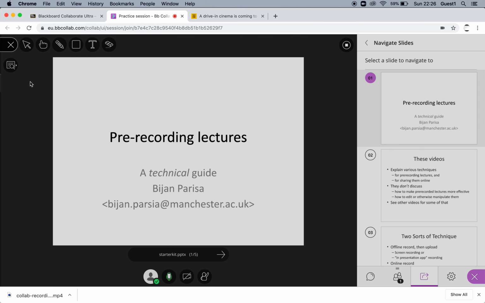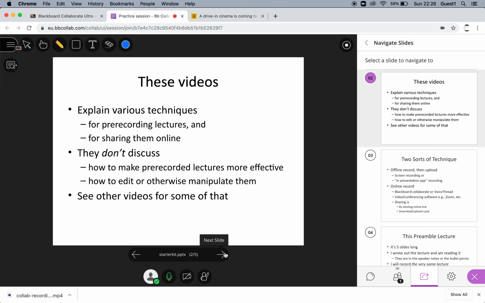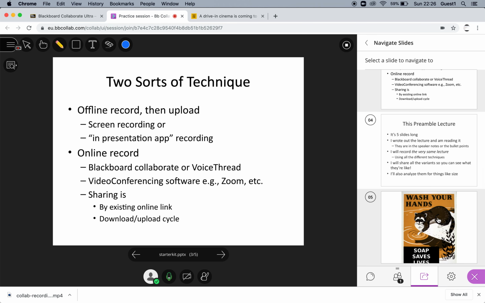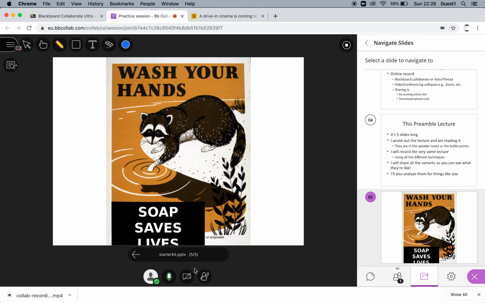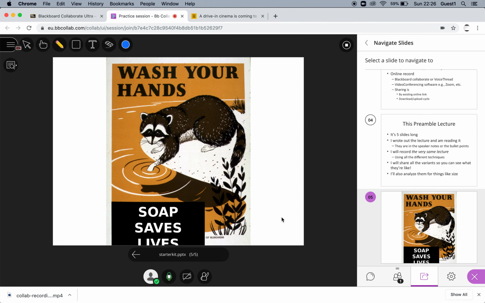Start recording, and at this point you're recording, and you just give your lecture. Do things as normal. If you want to draw on your slides, do that. Go through the slides, jump around the slides. Make sure that you keep talking throughout, obviously. If you can add video of yourself, it's all no problem. When you're done recording,